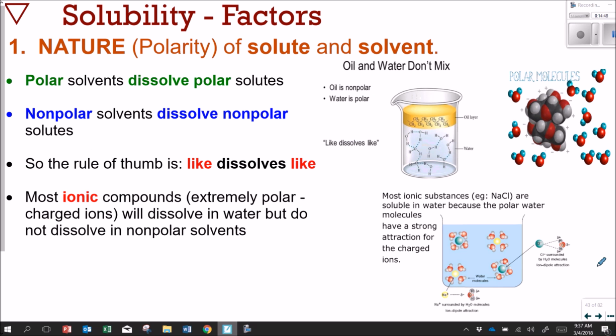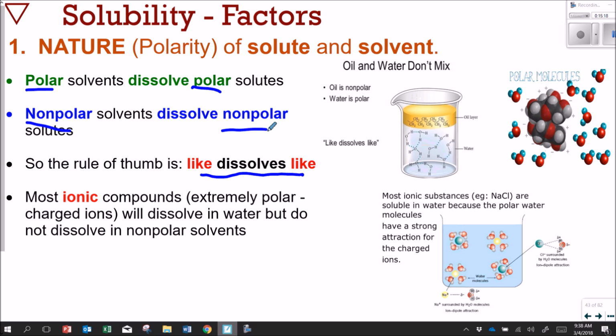So let's look at the nature or polarity of a solute and solvent. Polar solvents will dissolve polar solutes. Non-polar solvents will dissolve non-polar solutes. So there is a rule of thumb that says that like dissolves like, because polar, polar, non-polar, non-polar. Then most ionic compounds, which are extremely polar because they have charged ions, will dissolve in water but will not